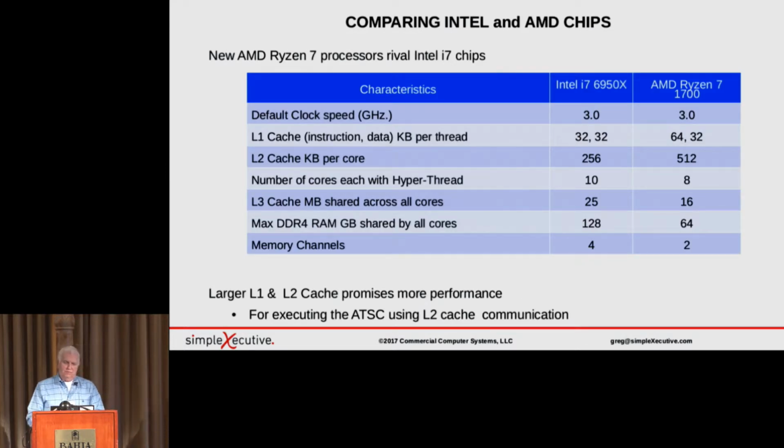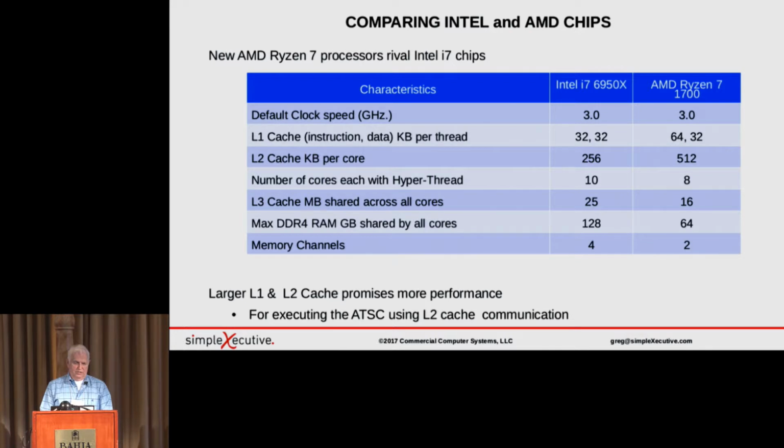Another one: when we were playing this game at the beginning of the year, the best thing you could get was the Intel 6950 without going to some exotic Xeon processor or something. And that's what we got because we didn't know what we were going to need. And the characteristics are shown in the second column. Clock speed out of the box is 3, but you can overclock it up to as high as 4, I'm